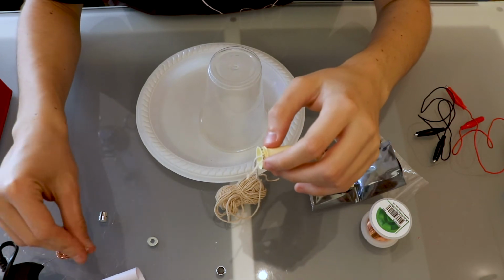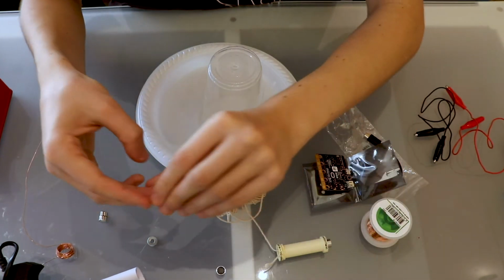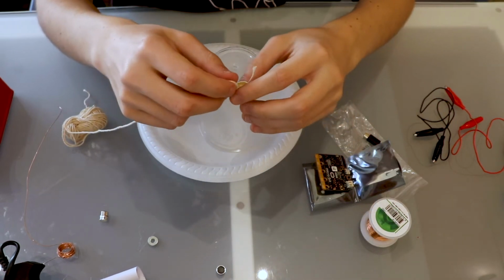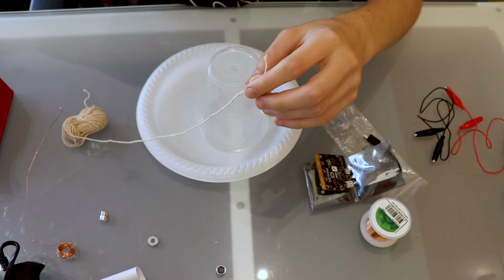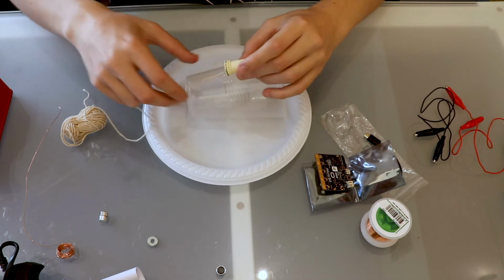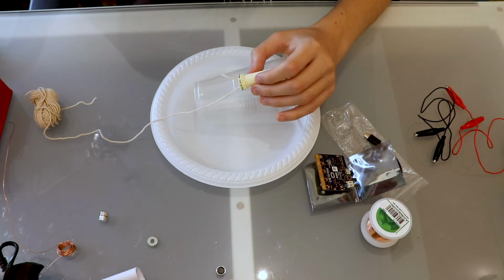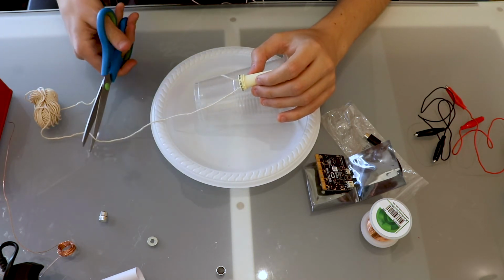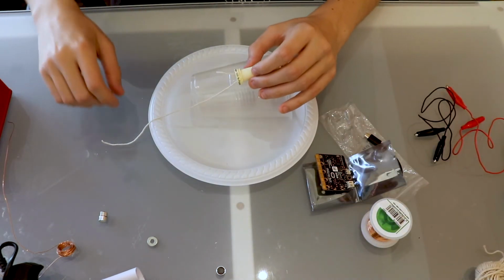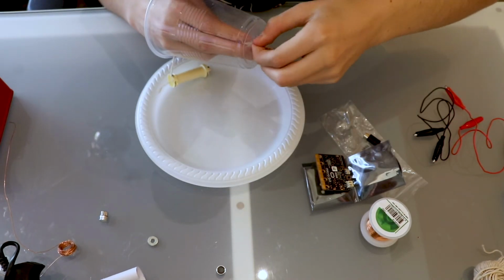So now it's time to unwind a bit of the string, and we need to make sure it's at least the length of the cup, so we can see about there. We'll chop off a bit extra just to be safe, like that, and then we can put the string to the side, and we can thread our string through the hole in the cup. So now that our string is through the cup,